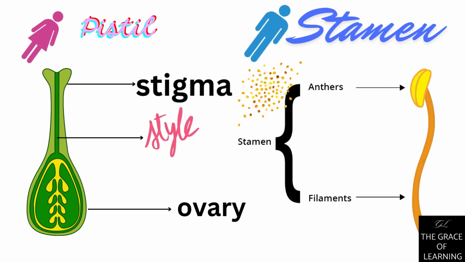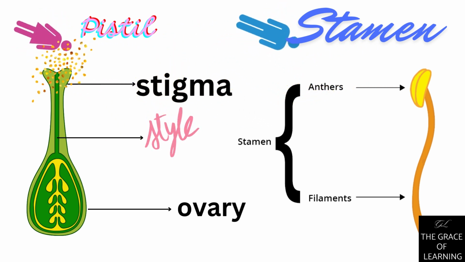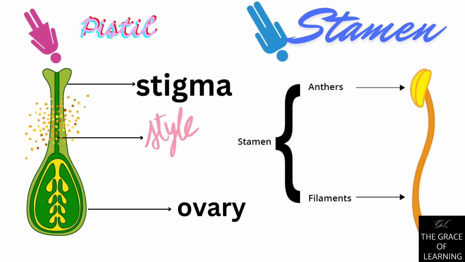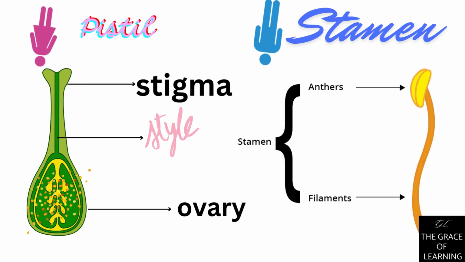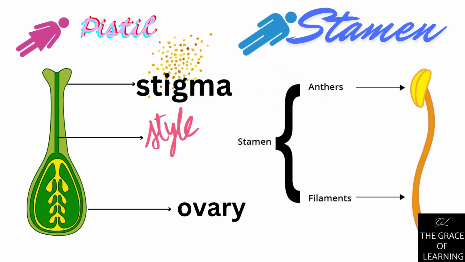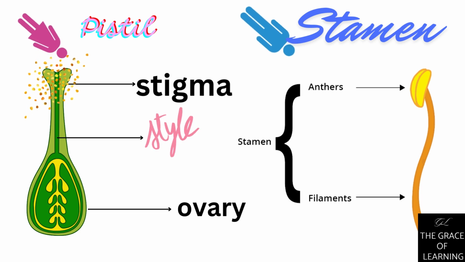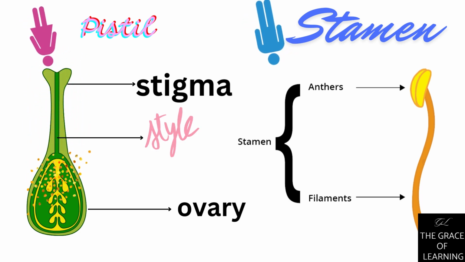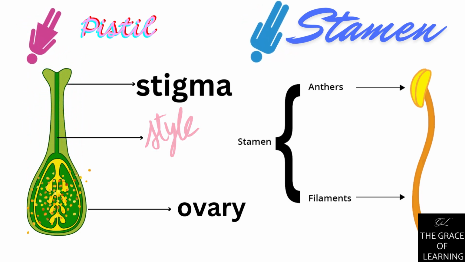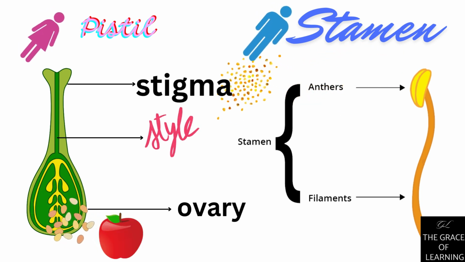Stamen, the male reproductive organ, consists of two parts: the anther, which produces pollen grains, and a filament, the stalk that supports the anther. Stamens are responsible for producing and dispersing pollen, which goes to the female part of the flower, the pistil. The pistil has three main parts: the sticky top part that catches pollen grains, called stigma; a tube-like